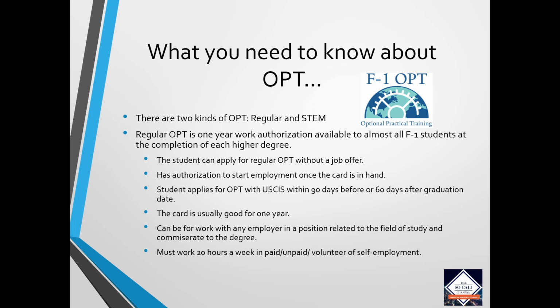Okay, so we have seen myself talking about OPT, STEM OPT. Let's understand better what OPT and STEM OPT is. Basically, OPT is the general, regular one, which is 1 year of work authorization post the completion of study of an F1 student. So, student can apply for OPT with or without a job offer, and the student will receive an employment authorization card in hand,